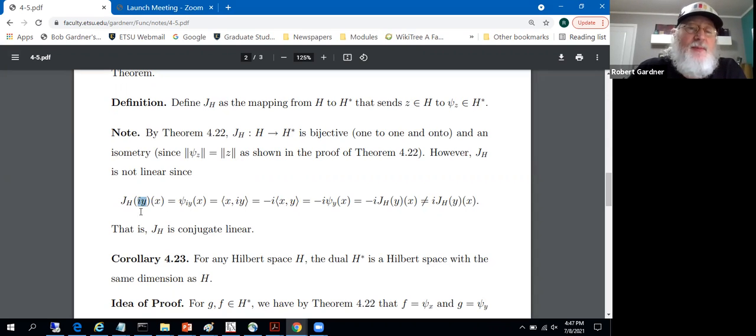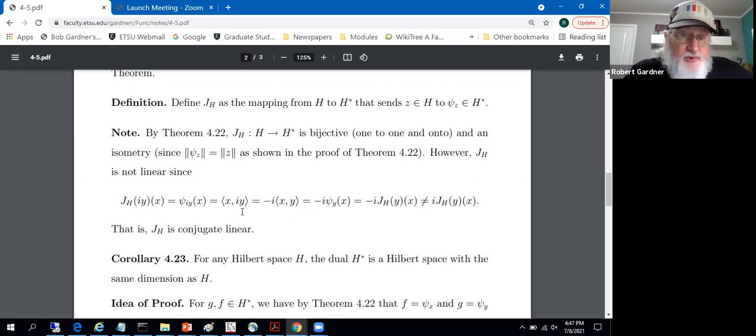But J sub H will map iy to psi sub iy, and that's how J sub H was defined. So we get out psi sub iy, dummy variable is x. What does psi sub iy do to x? It takes an inner product. The x goes on the left, and the subscripted stuff is on the right part of the inner product. So what we would get from this would be the inner product of x with iy,